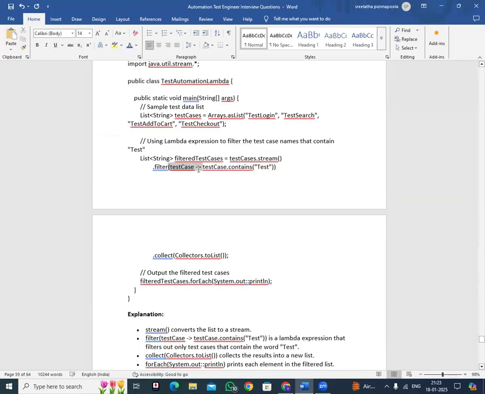See, test case lambda expression means arrow function, and test case dot contains of test. This is the filter purpose, the logic. Whatever test case contains the test word. Example, test login, test is there. Test search, test string is there. Test add to cart, test checkout. So all the test cases having test. So whatever strings having test, the test cases having the test string, then we can filter them as test cases,